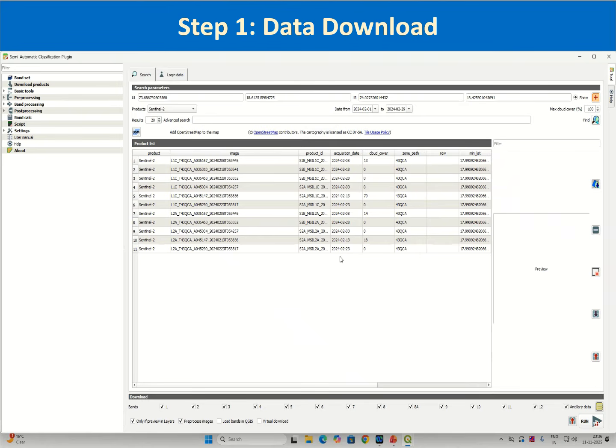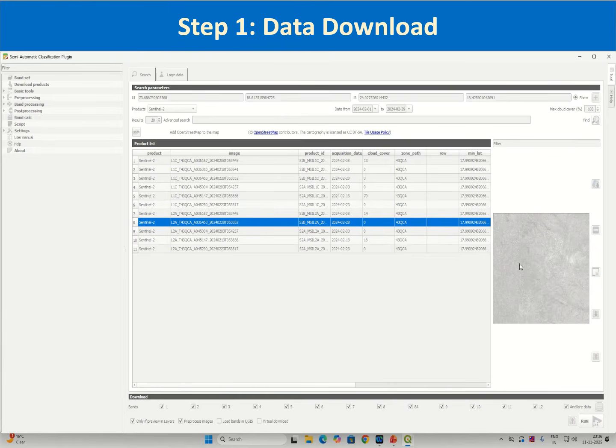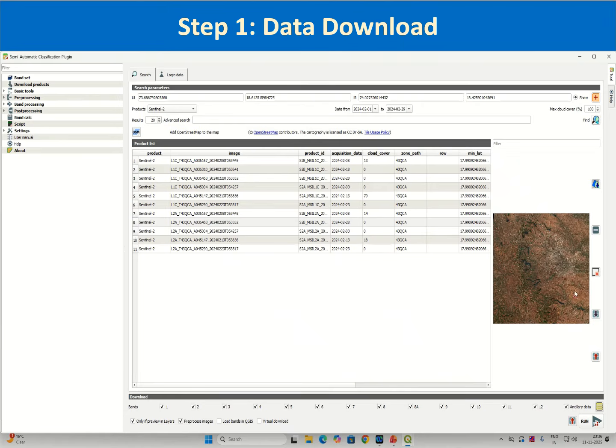So you can select some imagery, say this one. No, this is 14, and you can see the preview here. Preview in the right side, it is showing the preview. So you can select 0% cloud cover from the dates, say